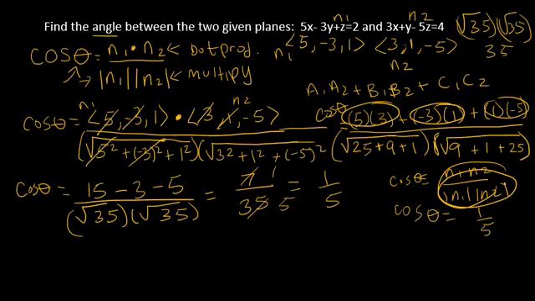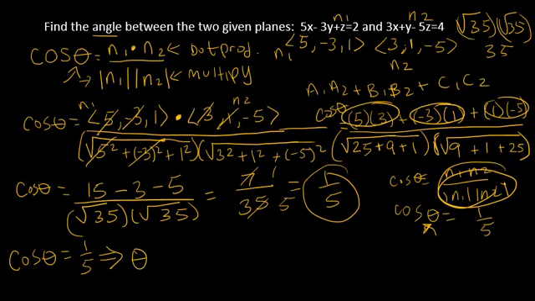Now we've got to work on the left side because I had to isolate this. That's all we're doing. It's just one more step. So I have cosine theta equals 1 over 5. I just got to isolate. I just got to get rid of the cosine and have theta by itself. How do I do that? Well, I just do theta equals arc cosine, or it can be cosine negative 1 on your calculator,